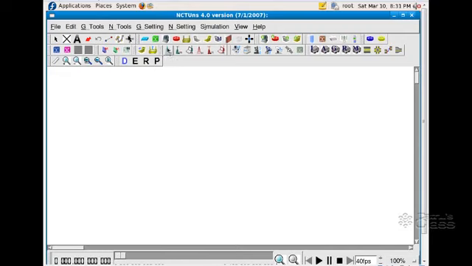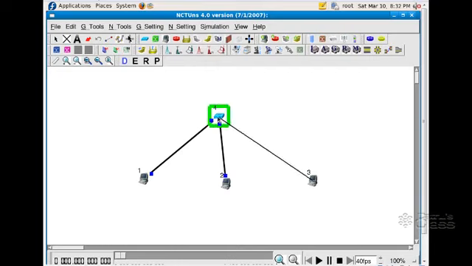So as per the question, first I will select this host. Since there are 3 nodes, so node 1, node 2 and node 3. The connection between them is a star, so I will select this hub and click here. As the connection is point-to-point full duplex, I will click this button, point-to-point link. I will connect node 1 to node 4, node 2 to node 4, node 3 to node 4.